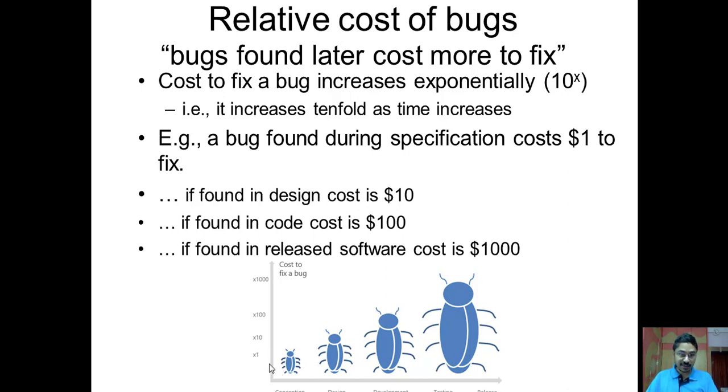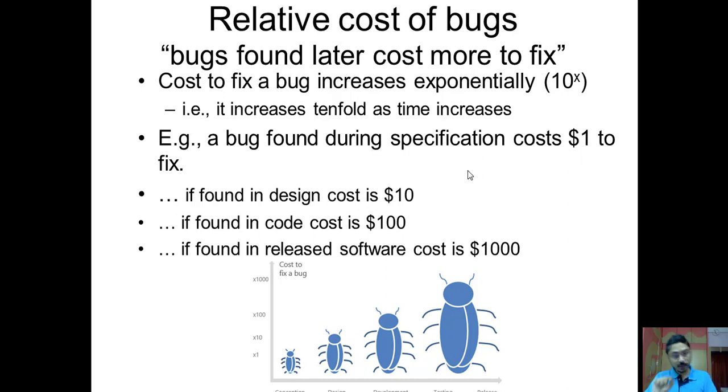If we are able to find the bug during the specification, then it will cost just $1, meaning it's a relatively very low cost. If we get the bug during the requirement, it will cost nothing, because during the requirement, if we are just writing down the things and we think that a particular thing is a bug, we can just strike it out and write another requirement line. That will not cost anything if you catch the bug in that phase.